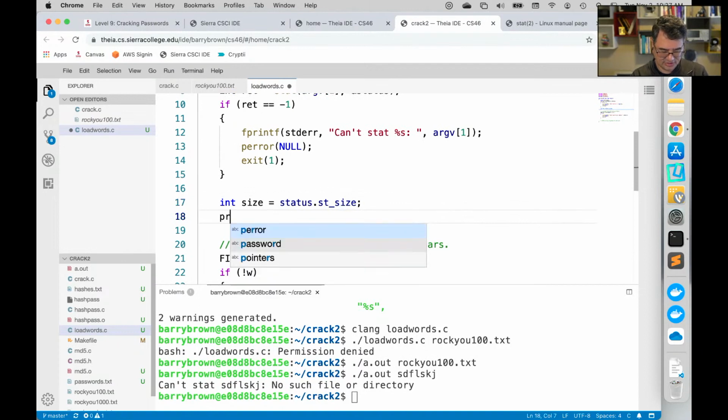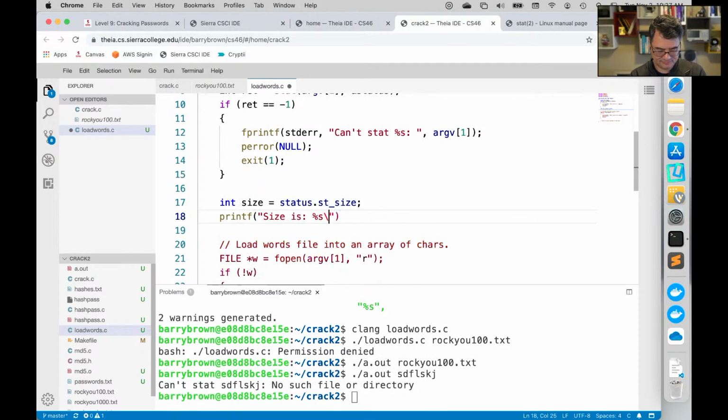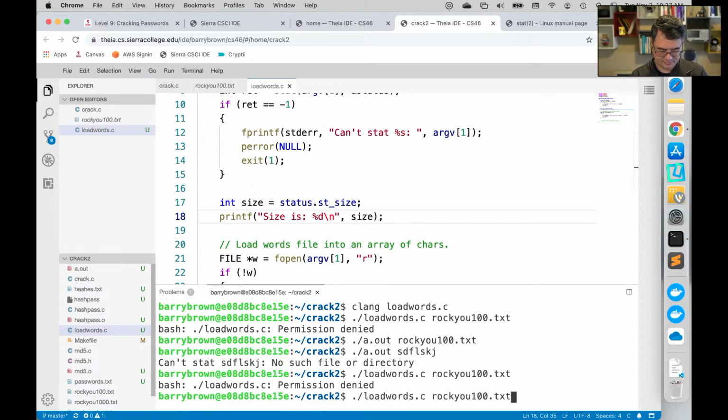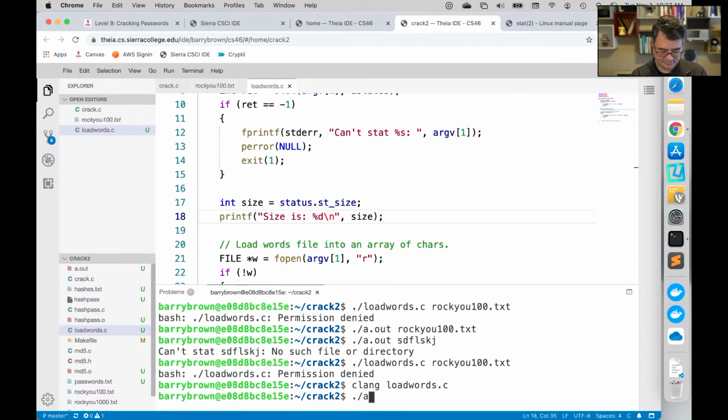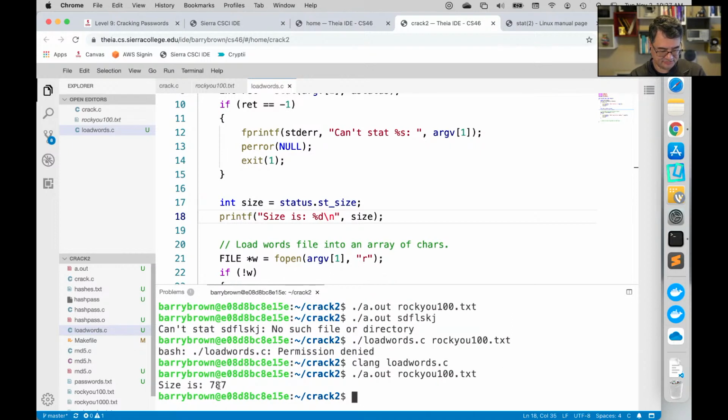Now let's go ahead and print it out. And it says size is 787.